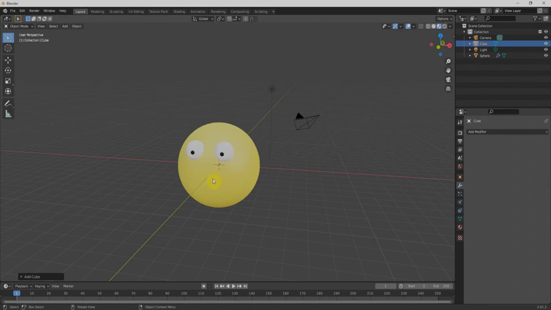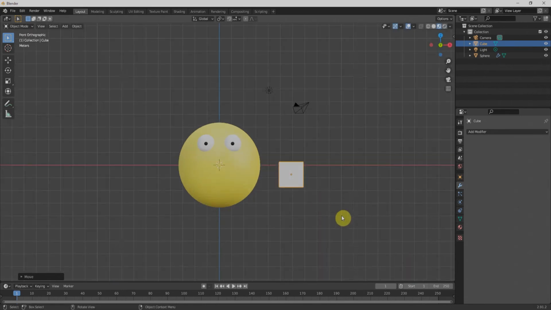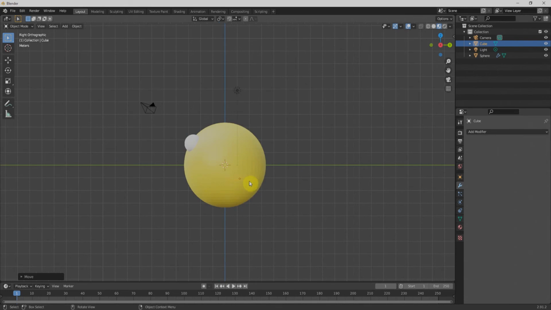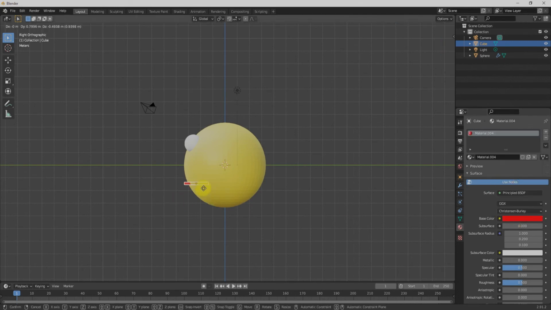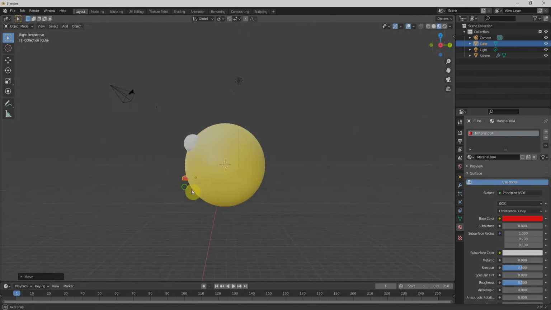I'll bring it outside from there, bring the size down, and bring it over here. And I'll add a red material for that also. So bring it over here, a little bit here.